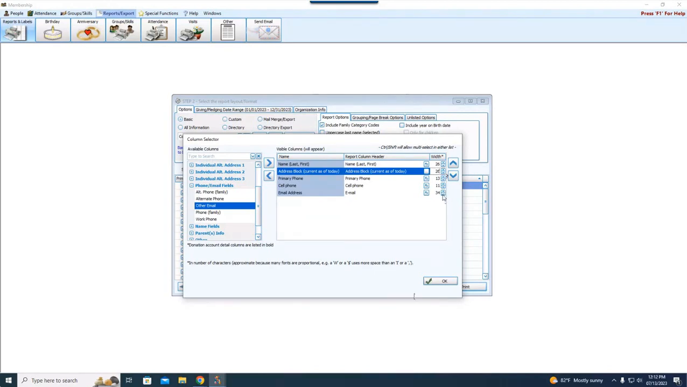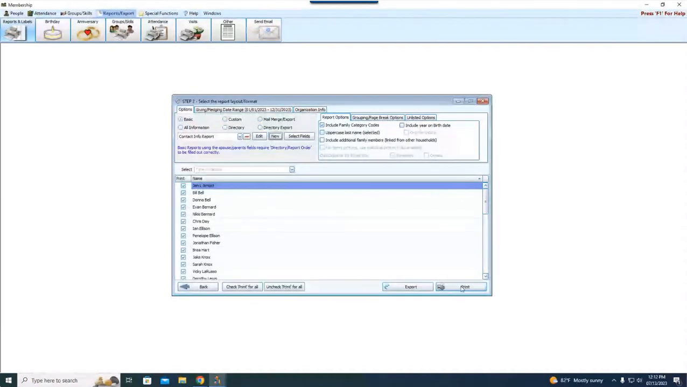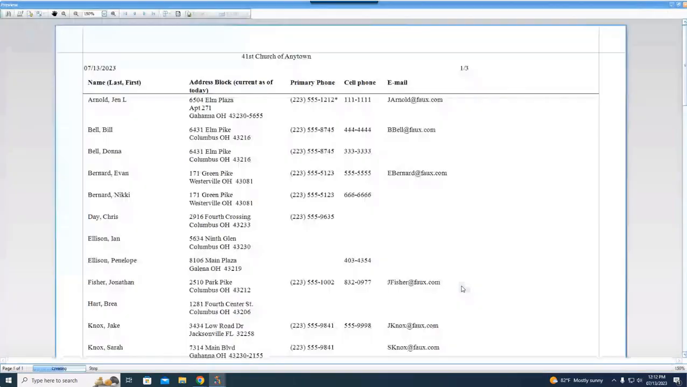And let's do email address. Some people have long emails, but I'm going to make that a little bit smaller too. So I'm just adjusting with this down arrow here how wide my column is going to be. Okay, I'm going to say OK to this, and I'm going to hit print, and let's see if it all